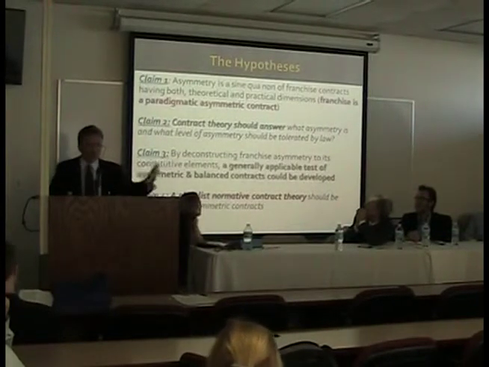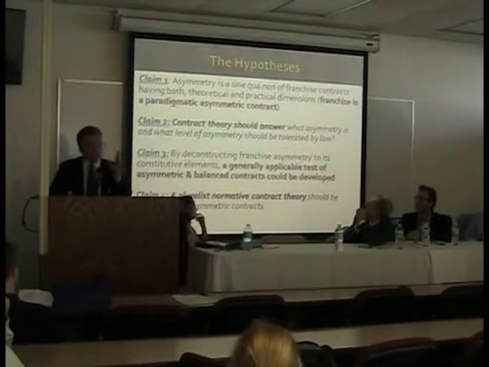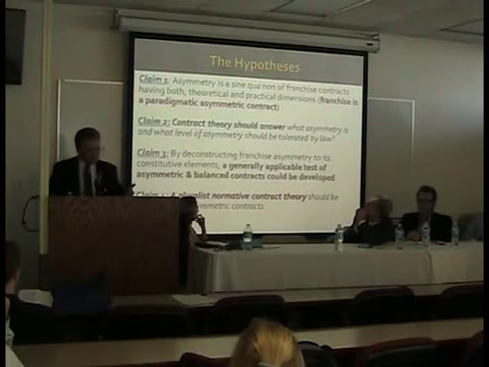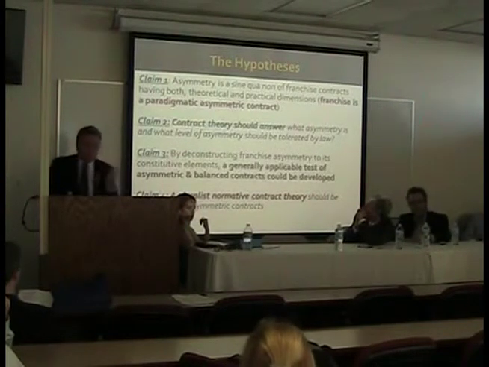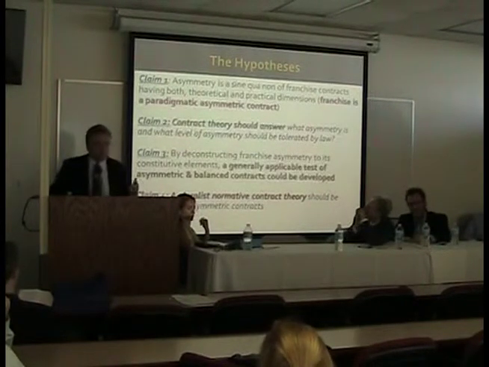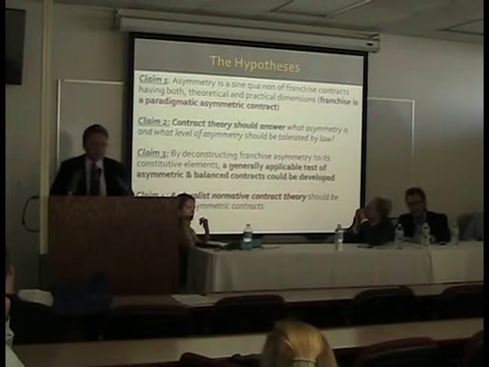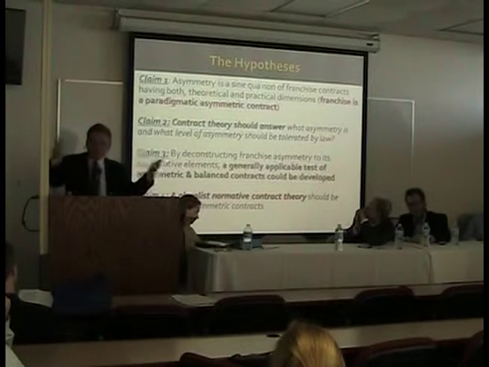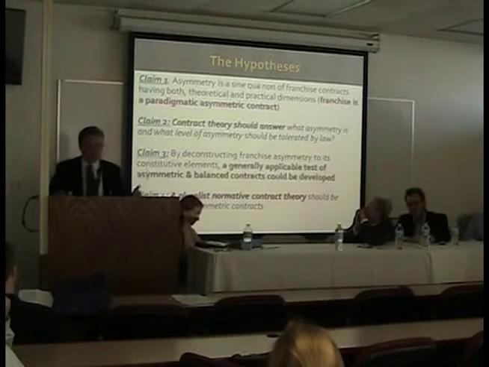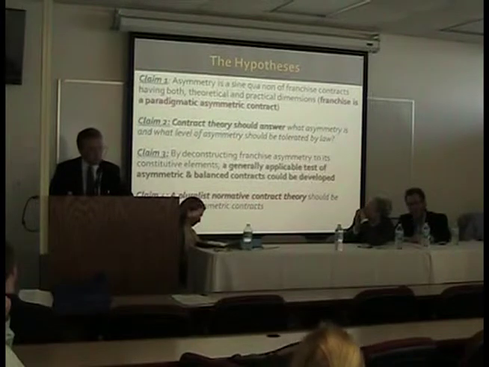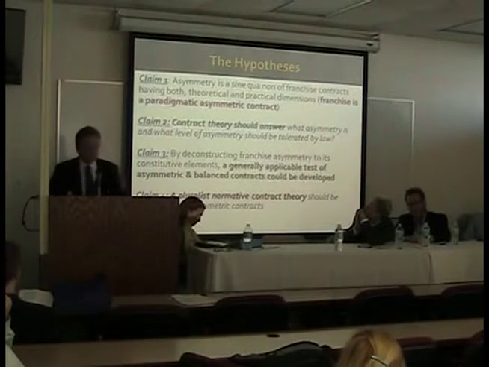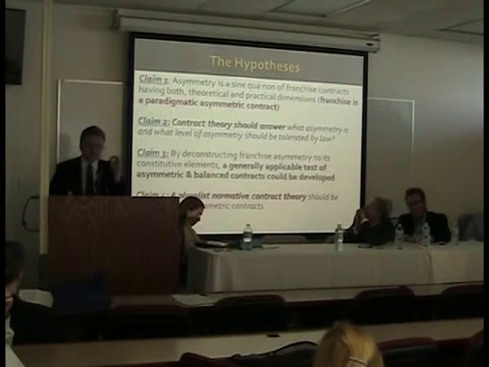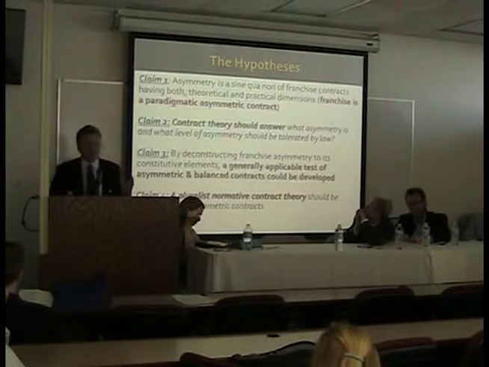We have regulatory issues, other issues, but it's still contract law, and therefore contract law has what to do. And my third claim is that actually it would be possible to deconstruct asymmetry, taking franchise as the benchmark and model on the basis of the analysis of, let's say, typical standard form franchise contracts. And finally, my claim 4 is that I think that the answer should come forward in the form of a pluralist normative theory, meaning a theory which is specifically tailor-made to franchise contracts.